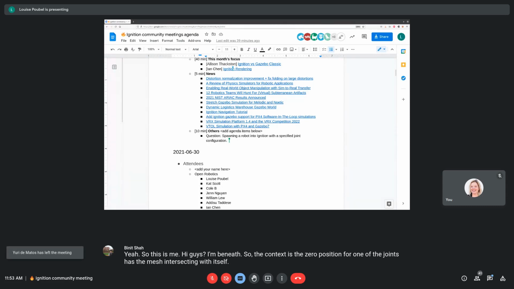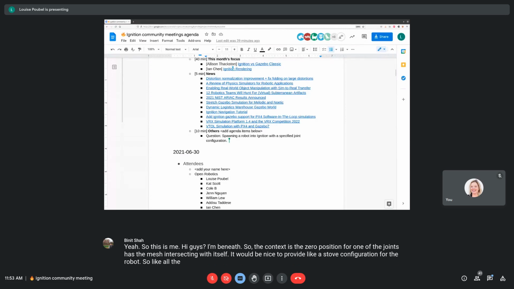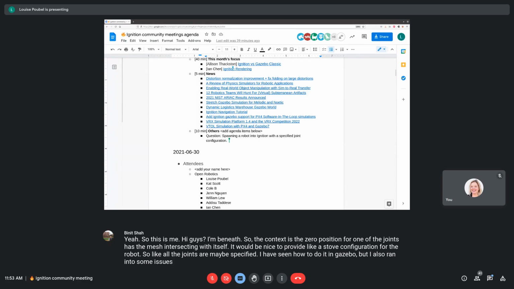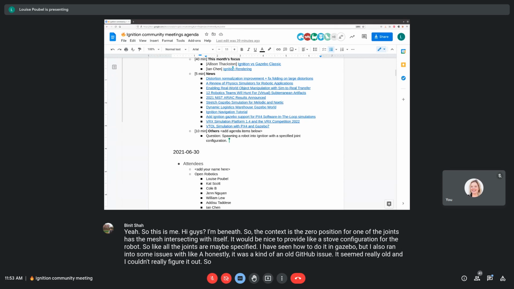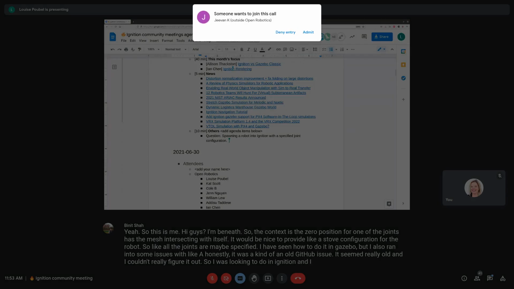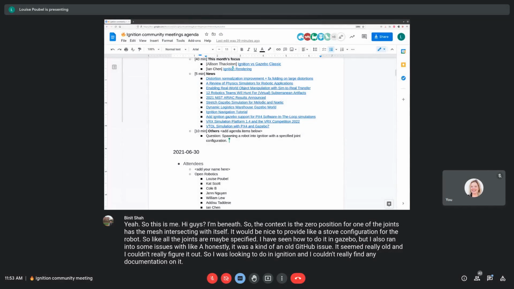It would be nice to provide a stow configuration for the robot, so all the joints are specified. I have seen how to do it in Gazebo, but I also ran into some issues, honestly, it was an old GitHub issue. It seemed really old and I couldn't really figure it out. So I was looking to do it in Ignition and I couldn't find any documentation on it, hence the question.